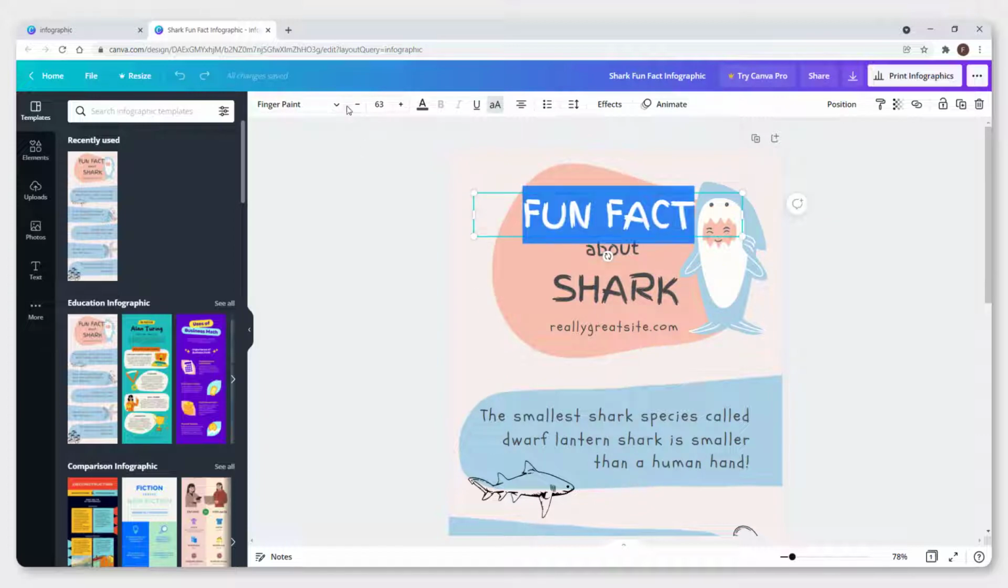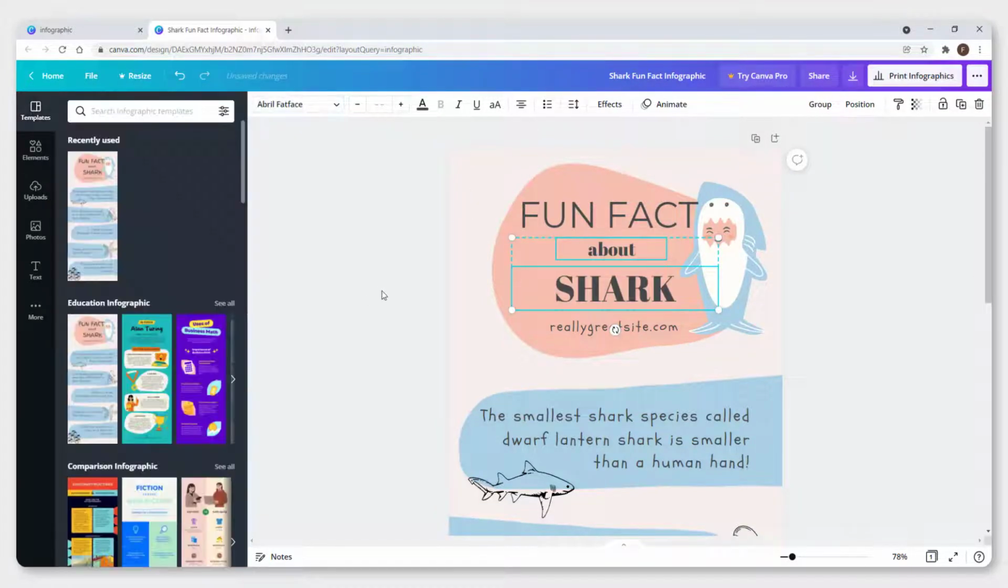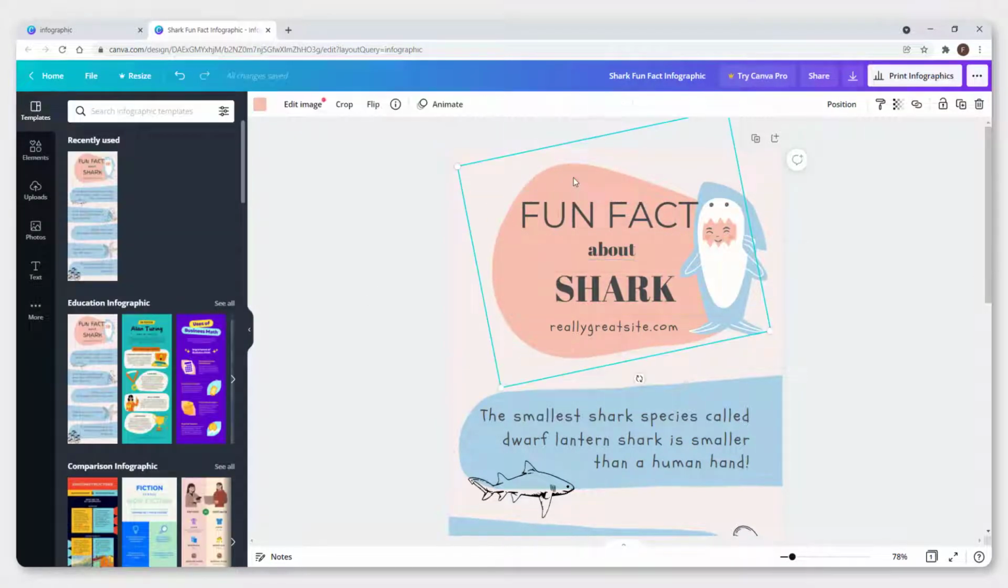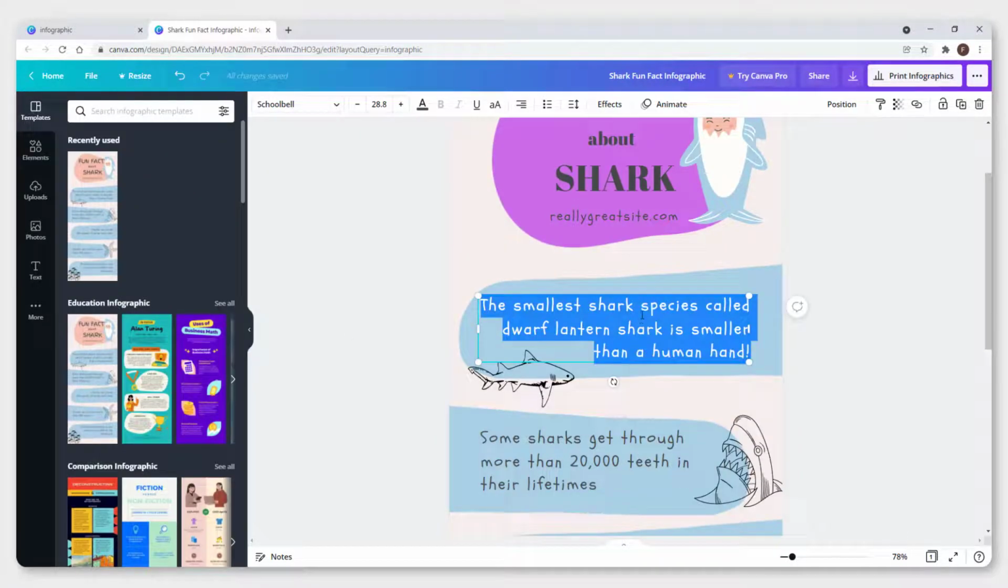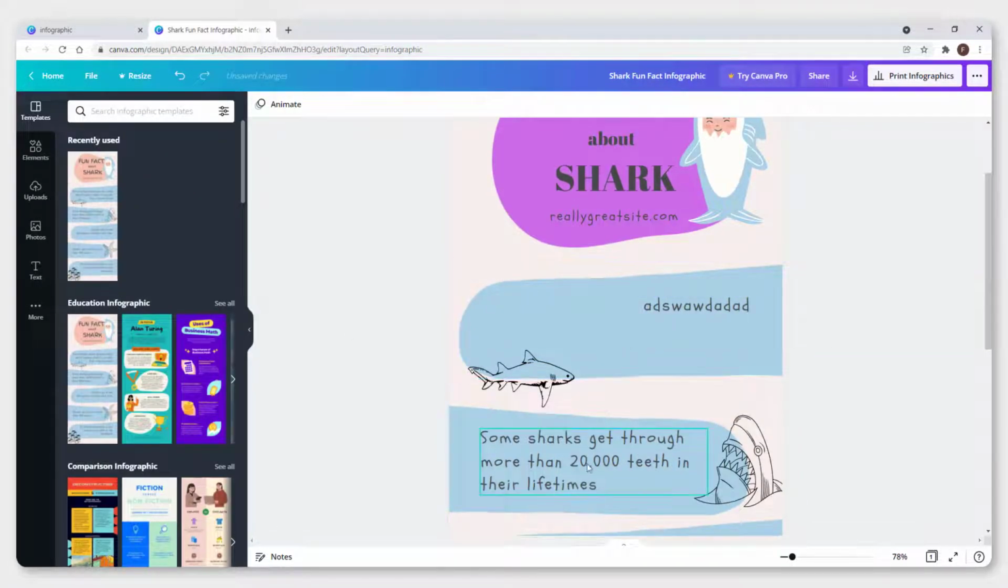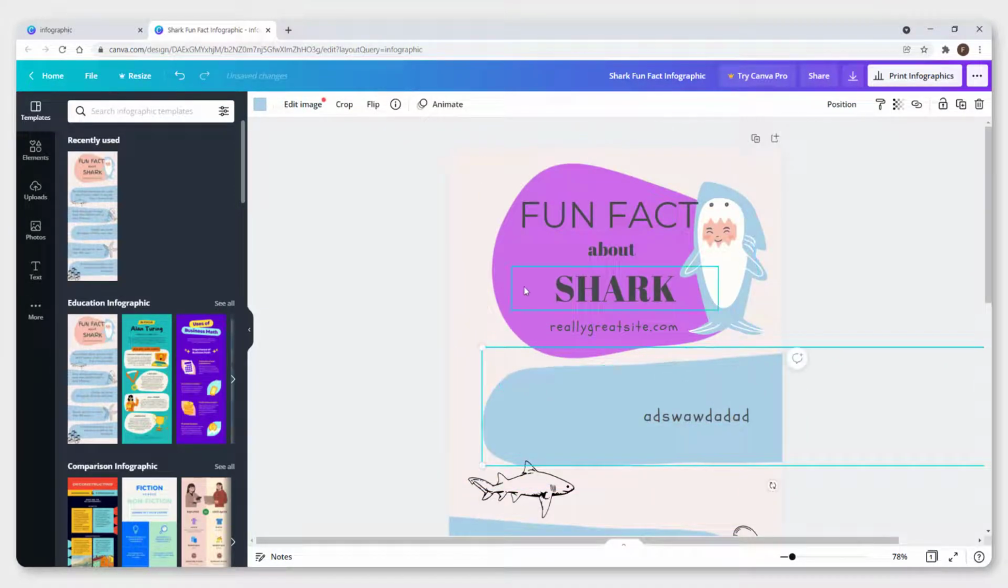Just click over here, you can change the font. For example, like this. You can change the color of this background image. Just click on it, click over here on the top and choose, for example, this one. Just double click it and type in some text over here and just add or remove the elements you want,